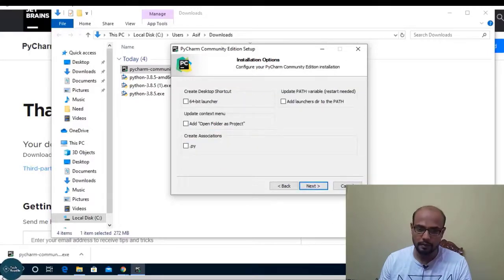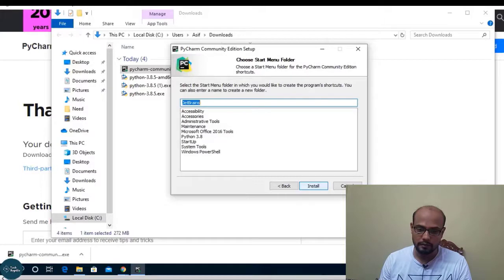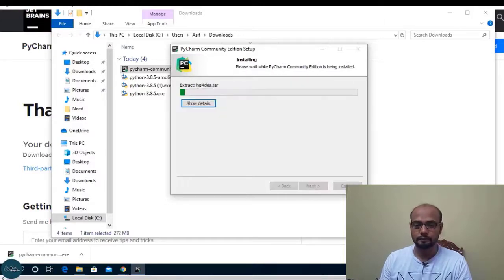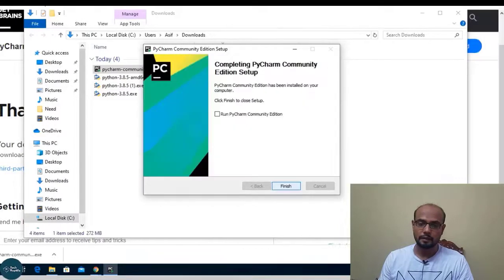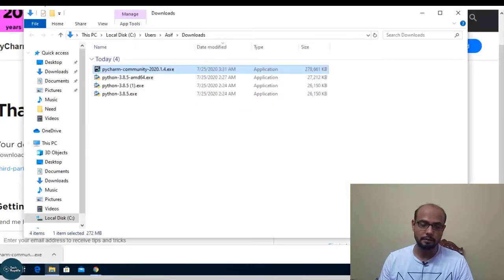I just keep everything as default. Just click next and click install. So the installation is completed. I just click on the finish button to complete this process.